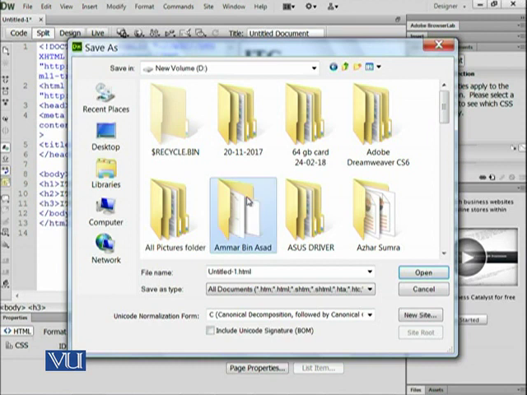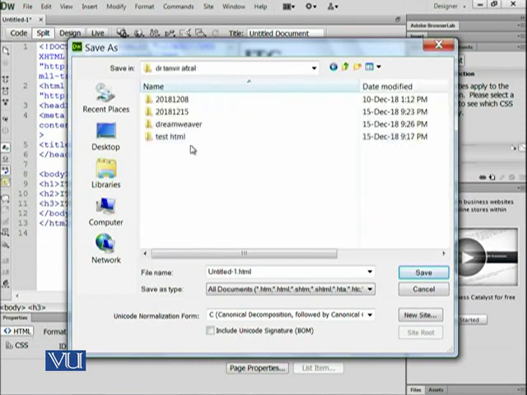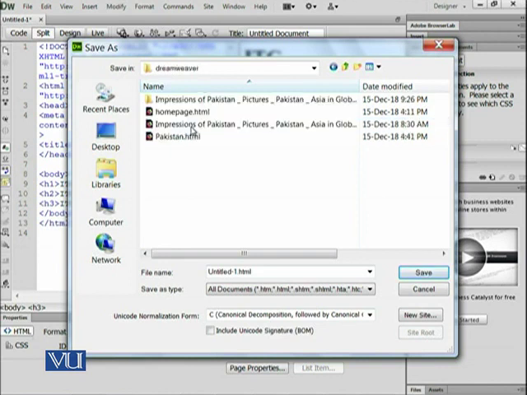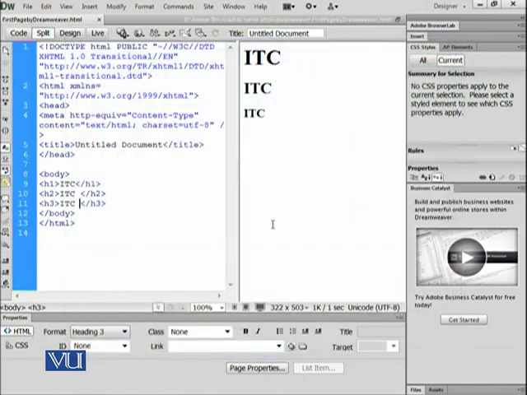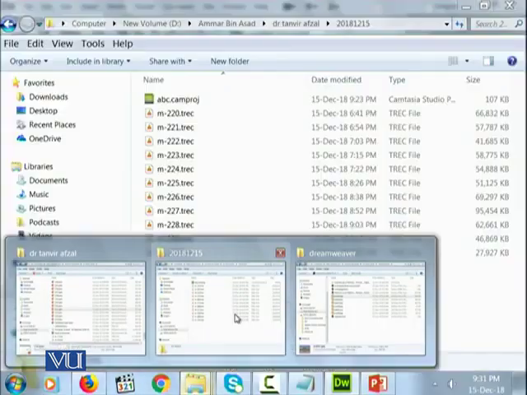For example, I am going to give it a location in my folder over here in Dreamweaver. So I'm saying this is first page by Dreamweaver.html. It will save by itself. And now let's go into that location.